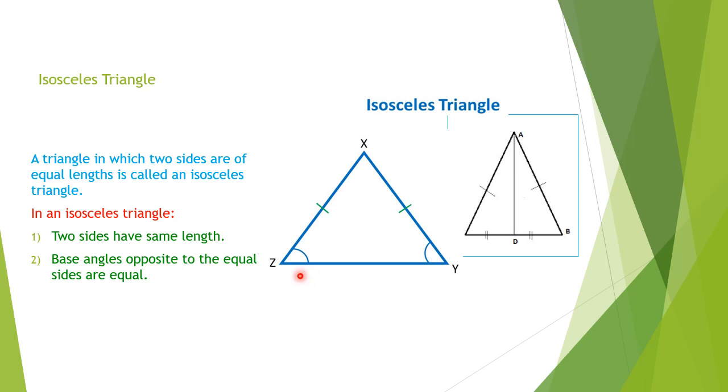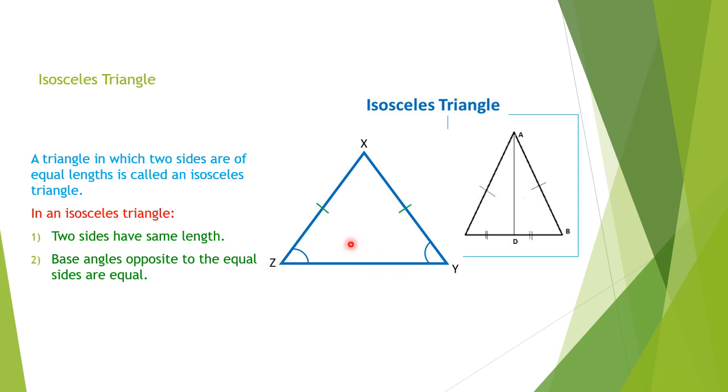And here children, base angles. This is the horizontal line. Here it is the base, we say, and this angle is the base angle. See, the marking is shown. The angle opposite to this marked side is angle Y. Here XZ and line segment XY have equal length. The angle opposite to the line segment XZ is Y. The angle opposite to XY is Z. So these two angles are equal.